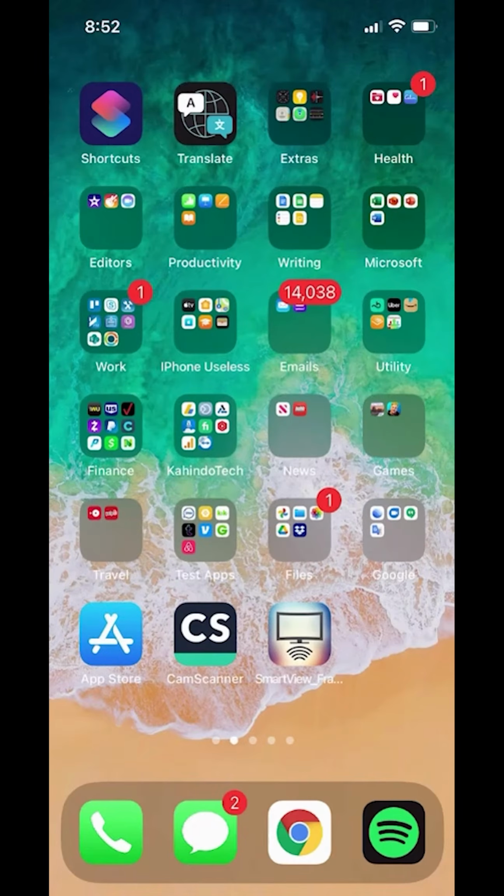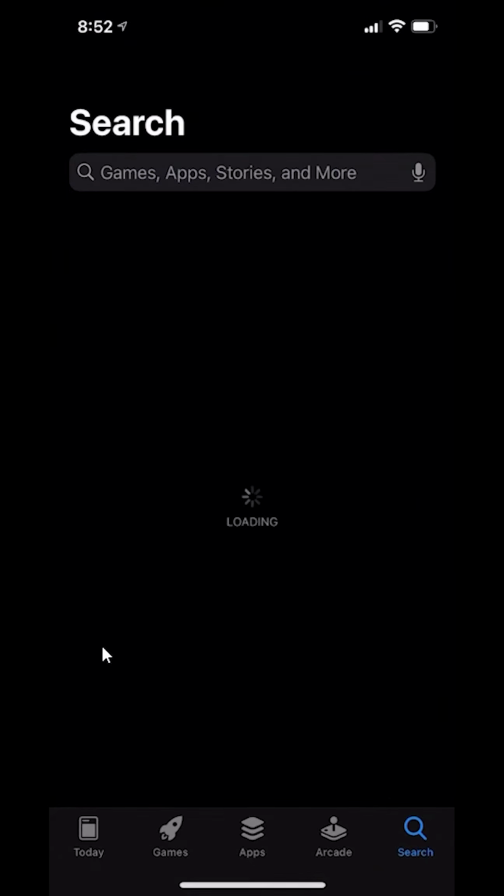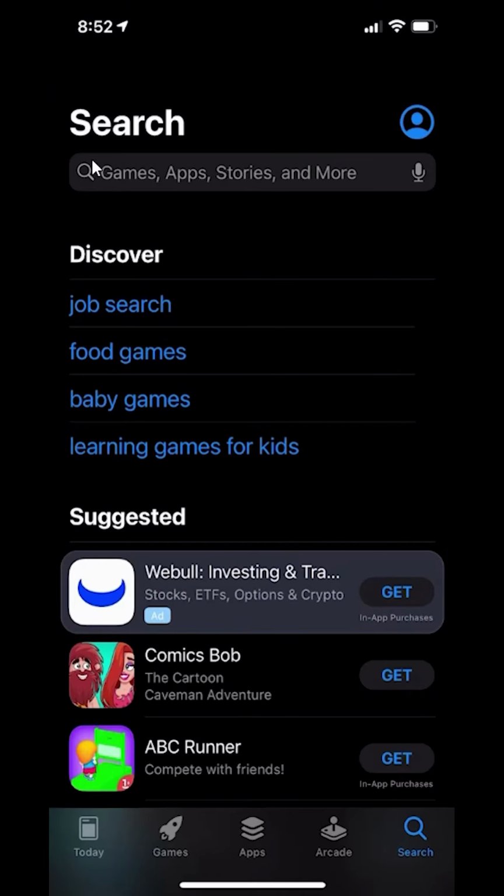We'll begin by going to the App Store. So right here. And then make sure you're in the search page. If you're not here, look over here on the bottom and tap on where it says search. So once you tap there, it should take you to this page. Once you get to here, tap over here in the search bar